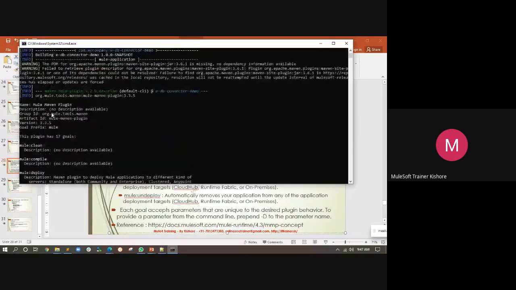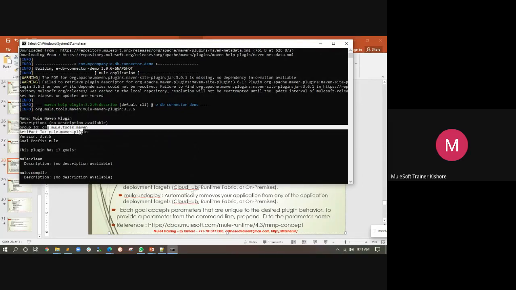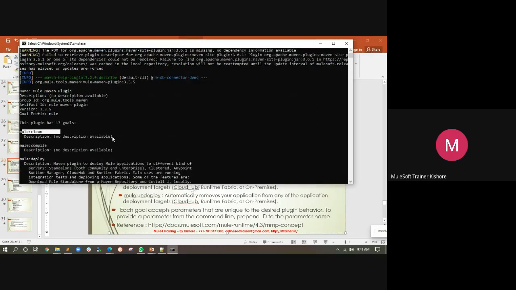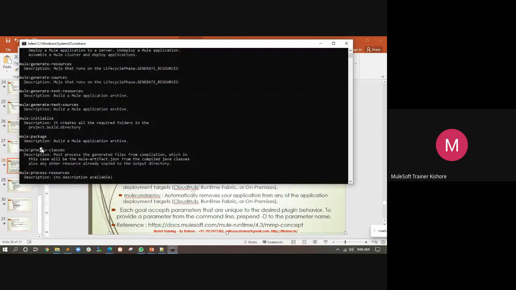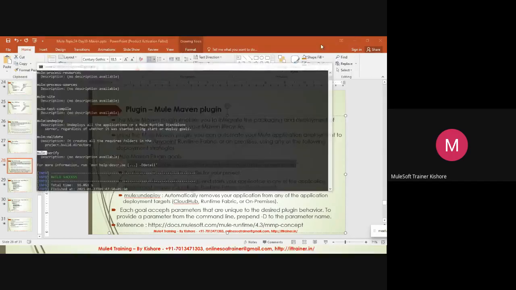Just go and read this description: name, description not provided, group ID, artifact ID, 3.3.5 is the version, and the prefix you should use to invoke any goal on this plugin. You should use mule colon, right? It will run from mule colon clean, compile, deploy, generate sources, package, and other goals on this plugin. So the prefix is mule, and then these are all the goals this plugin has.